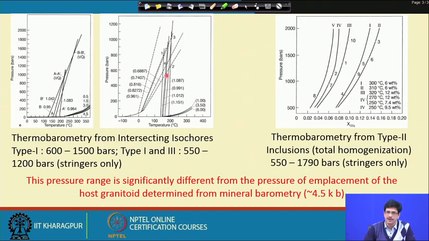So we plotted about 10 pairs of such coeval occurrences of these type 1 and type 3 inclusions. There we see the temperature and pressure values we get are all very much in conformity, about 550 to 1200 bars, and temperature within 250 to 300, 200 or even less than 200 degrees Celsius, because this would represent a lower temperature regime where the fluid was actually in its immiscible to liquid condition. Then we could still expect a little bit lower pressure and lower temperature. So they also conform to a 550 to 1200 bars condition.